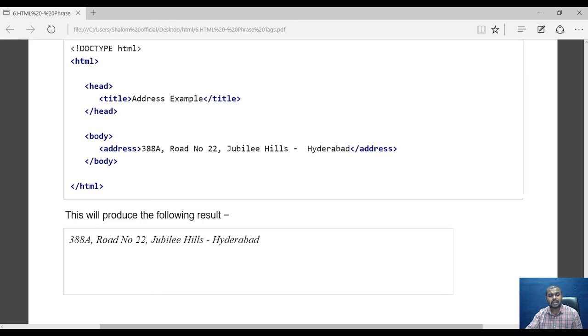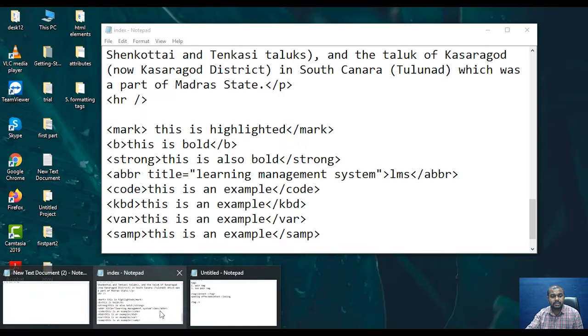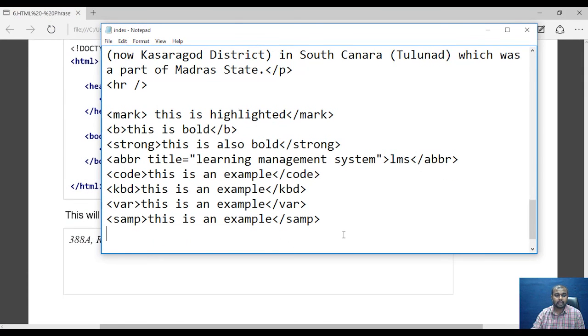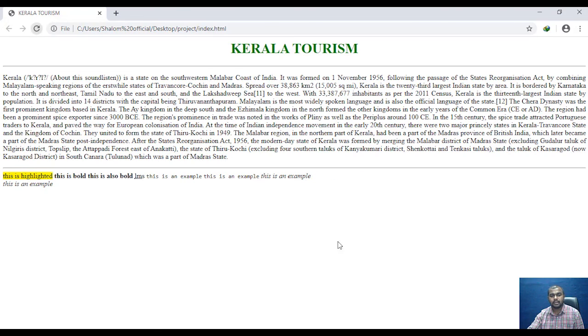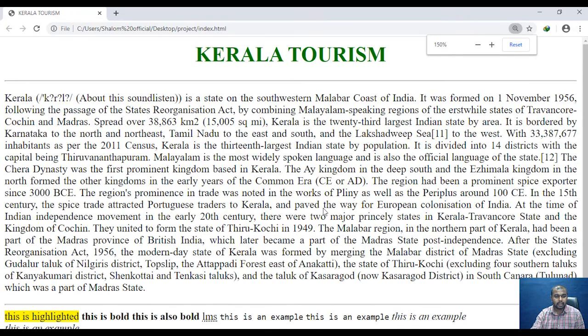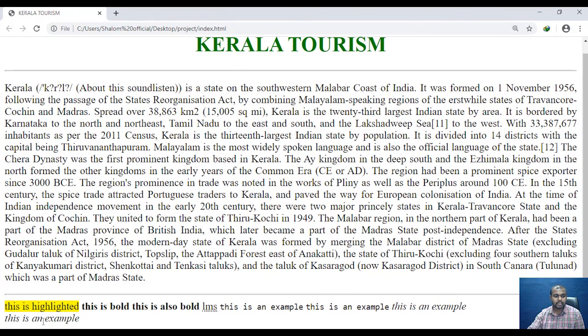This address tag also gives a similar output to italics. So I'll change SAMP to address, and at the end also change it to address, and we'll see the output. You see here again it is showing the italics output.